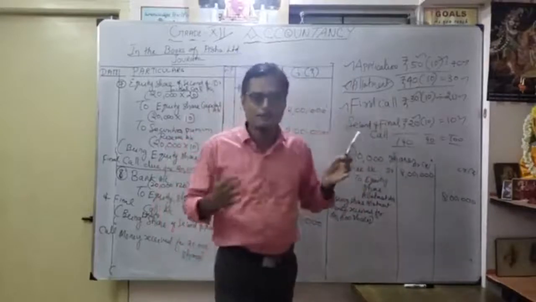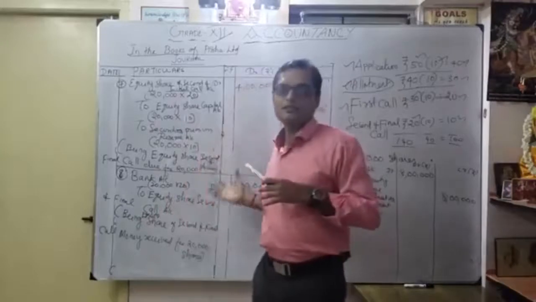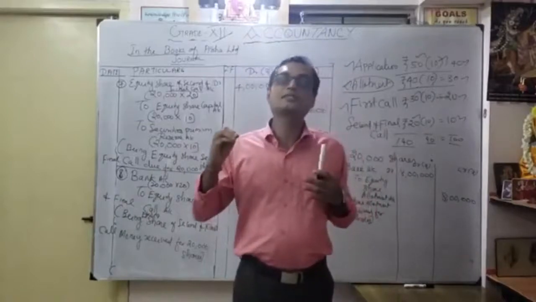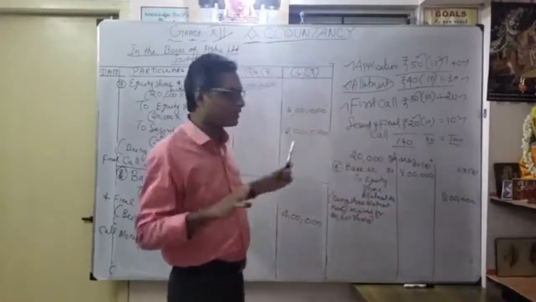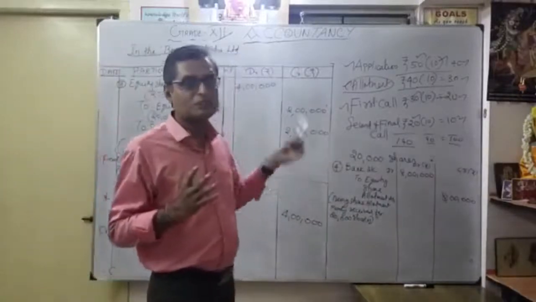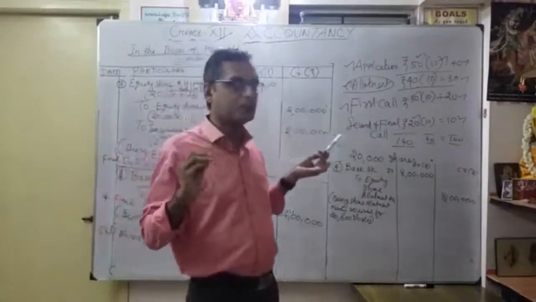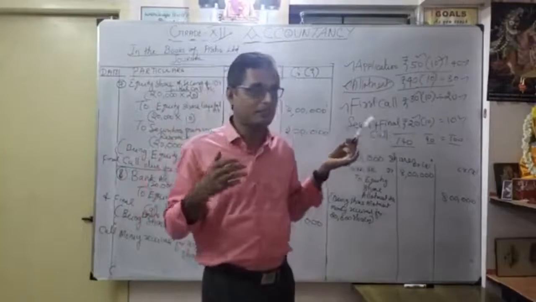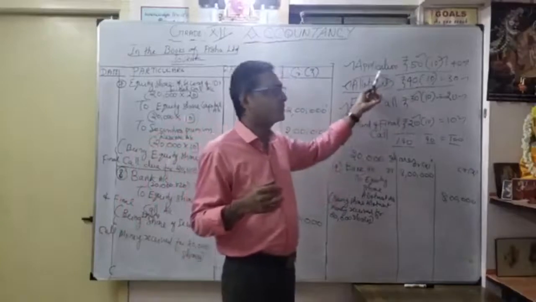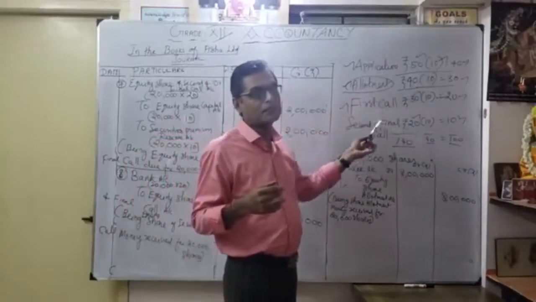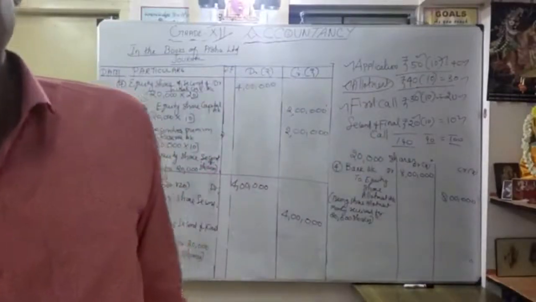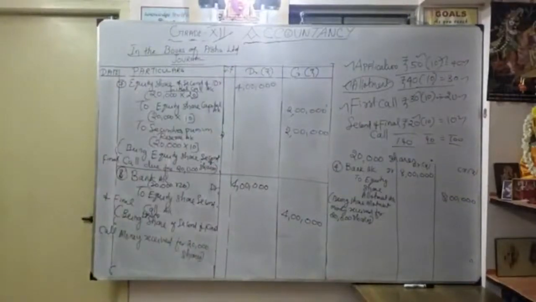When you are preparing the balance sheet, the next stage is how these journal entries are represented in a balance sheet format. Thereafter, how we write the notes to accounts. Now understood. Totally here there are 8 entries, with no rejection. Shares are issued at a premium of 40%, so 100 rupees becomes 140 rupees, correct. Fully subscribed, with all 4 installments as application, allotment, first call, and second and final call. So that is how we show the journal entries for this problem. Now we are going to write how it is represented in a balance sheet format.